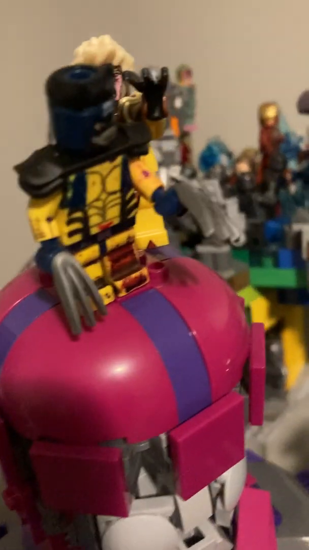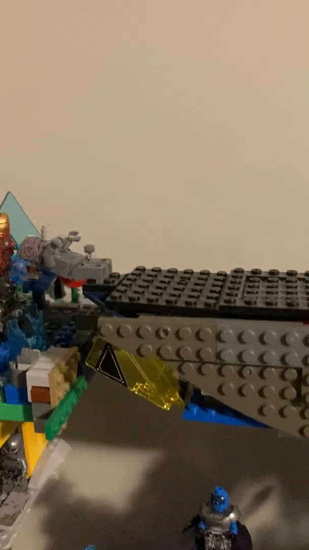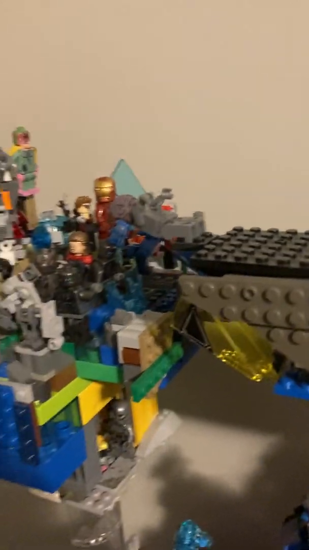Up here, we have a custom Wolverine who is attacking Sabretooth, or Sabretooth is attacking him. These both are from the comic books. And then going back up here to the helicarrier, we have War Machine, who is flying in to help the Avengers with Sokovia. We have Falcon up here as well, since I'm like 98% positive he was in Age of Ultron. And we just overall have all of the Avengers helping combat the Ultron drones